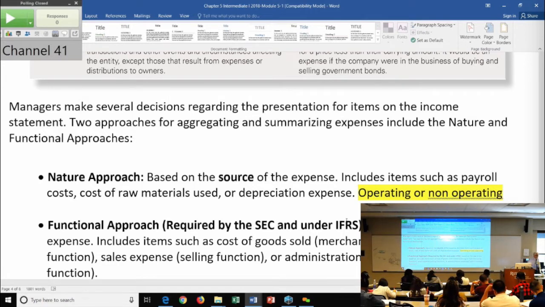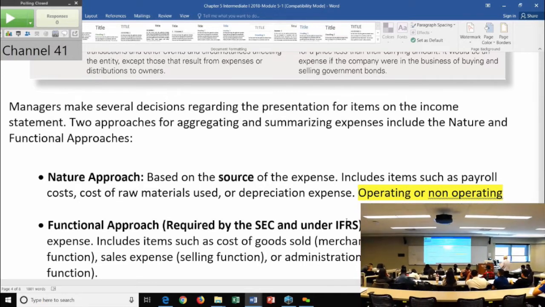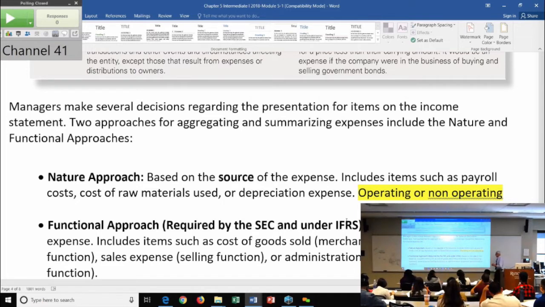Functional classification is required by the SEC and IFRS. What is functional classification? Functional classification means that we will have selling expense, general expense, administrative expense. So they're looking for, or manufacturing. So cost of goods sold would fall to the manufacturing category. Sales commissions would be part of the selling function. And this again is required by both the SEC and the IFRS, not by the